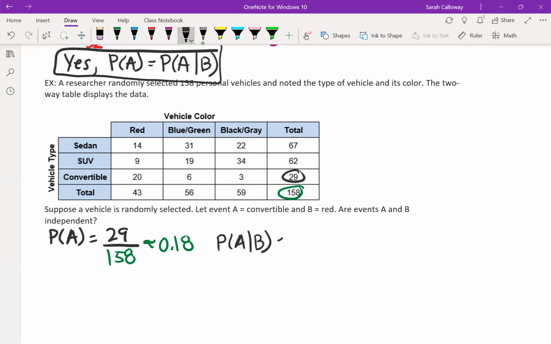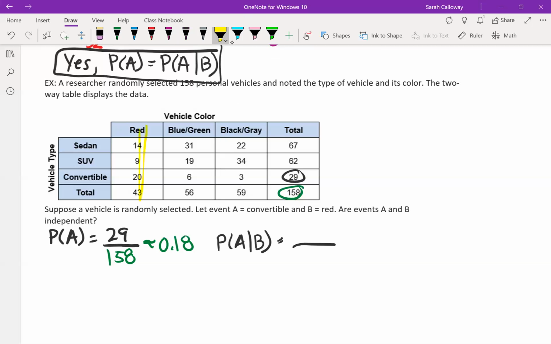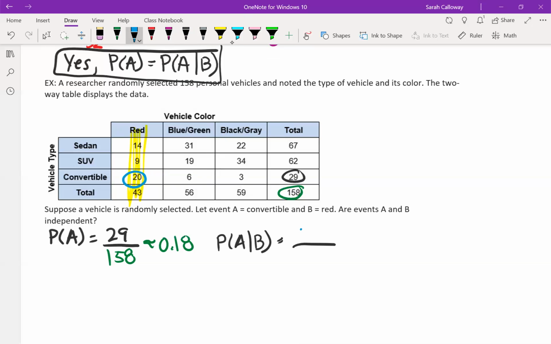So if I'm talking about A given B, B is red, so I'm looking at this information only. I'm ignoring the rest of the table. So there are 20 red convertibles out of 43 red cars, which gives us a value of about